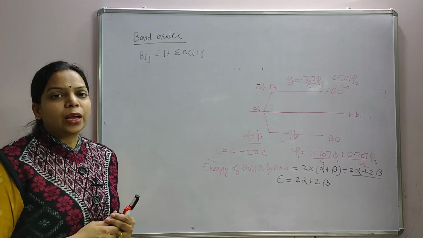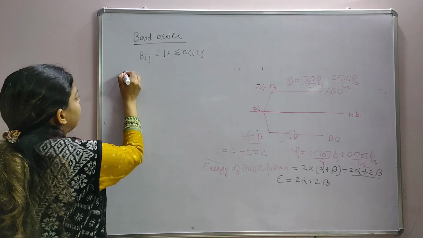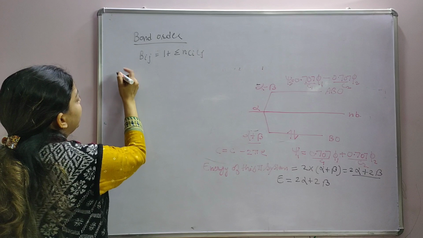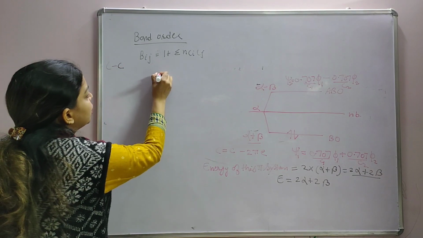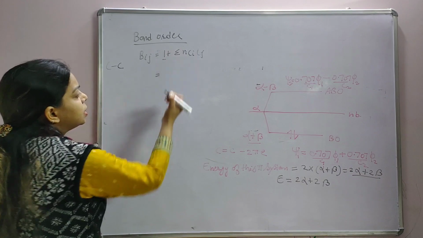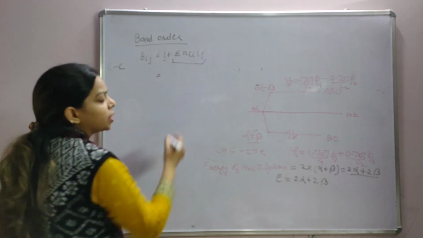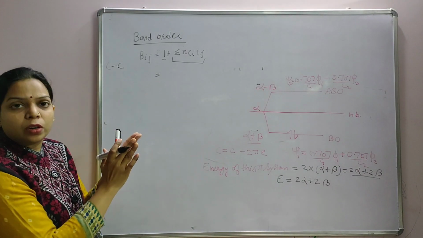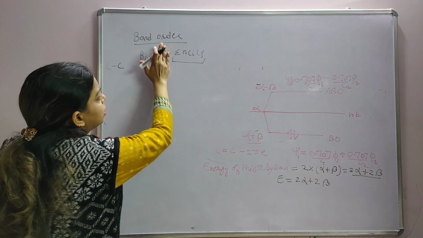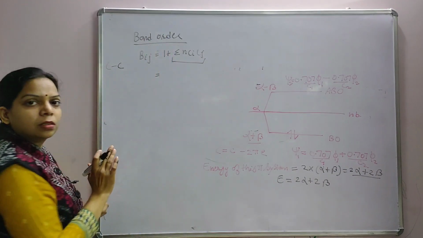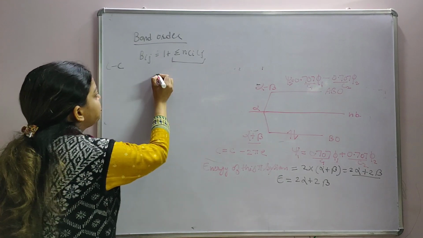The next thing is to calculate the bond order between two carbon atoms. So the bond order between C1 and C2, carbon atom 1 and 2, how to calculate it? This is the formula. Here this 1 represents the sigma bond and this part is for the pi bond. So the total bond order will come out. If you want to calculate only the pi bond, you can just remove this term. So with this formula we will be calculating the total bond order.